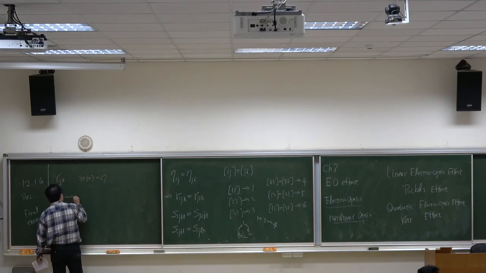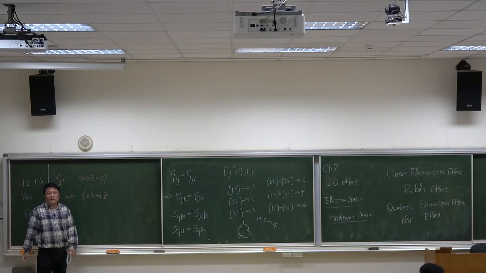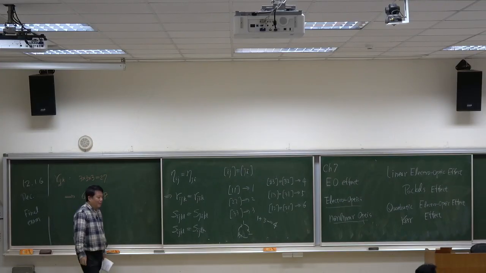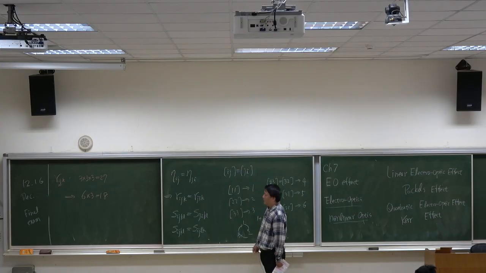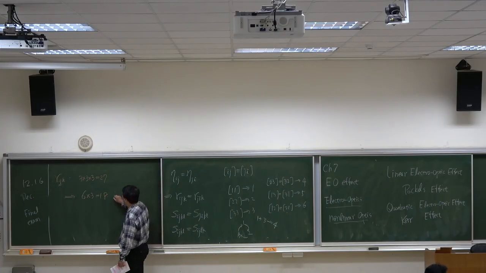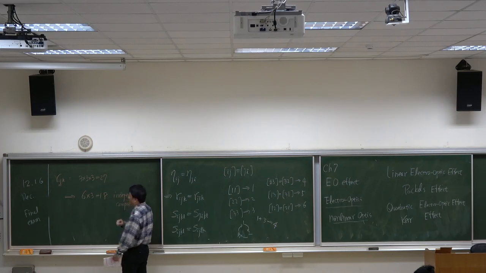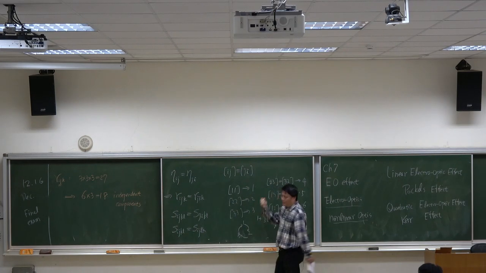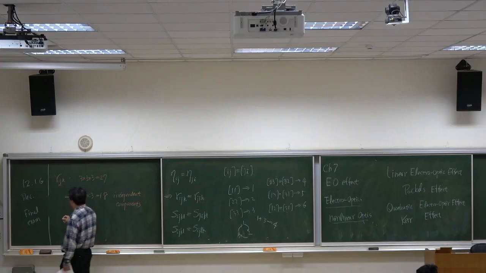This becomes 6 and 3. So only 18 independent components need to be collected. 就是它的独立分量其实只有18。Rijk 只有18个独立分量。